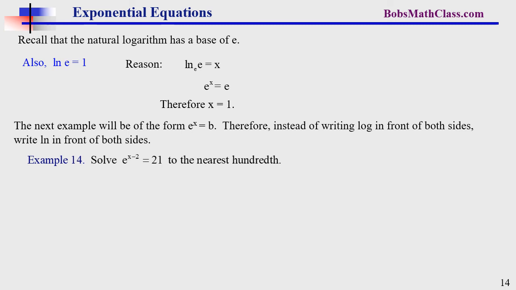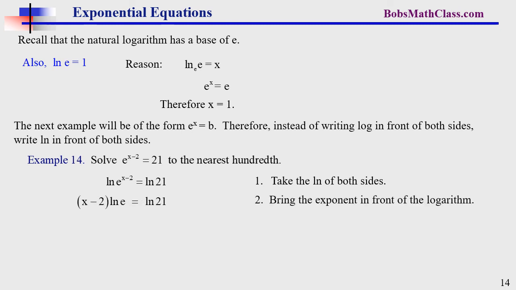Okay, e to the x minus 2 equals 21. Put ln in front of both sides. What happens to the exponent? Still the same thing. Same rules still apply. Power rule still applies. x minus 2 ln of e equals ln of 21. Now this is nice. We don't have to distribute